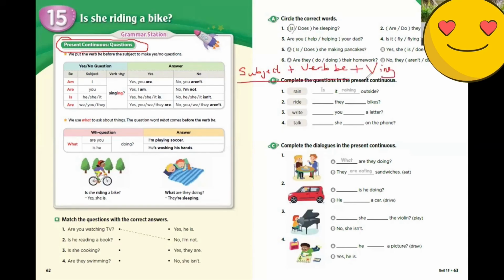This is positive. Negative, after verb be, you have not. This is negative. But question, you need to start from verb be. So verb be will go first if you want to make questions. After verb be, you have your subject. And then you have your verb, ing. Yeah. So, for example, I can say, Sammy